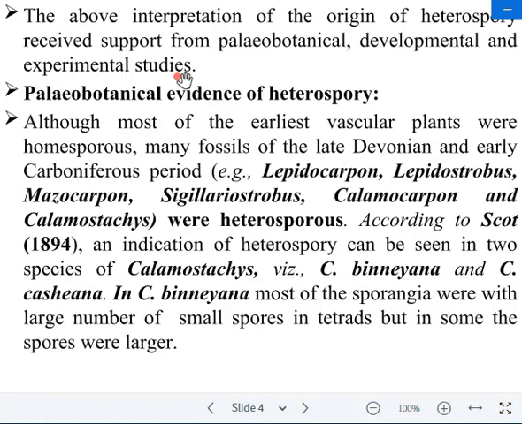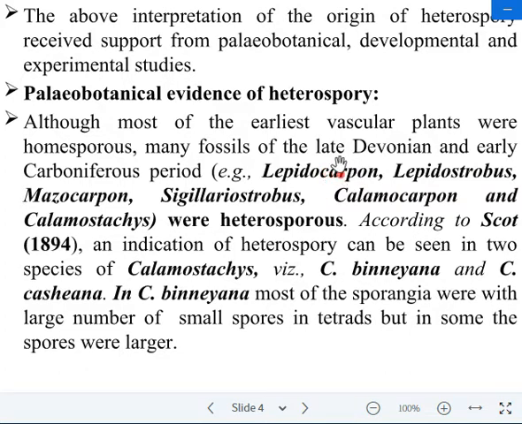First of all, we will discuss the paleobotanical evidences of heterospory. There is some information available from paleobotanical evidences which supports heterospory in ferns. Although most of the earlier vascular plants were homosporous, as we know very well, in earlier times most of the ferns were homosporous. Many fossils of the late Devonian and early Carboniferous period, such as Lepidocarpon,